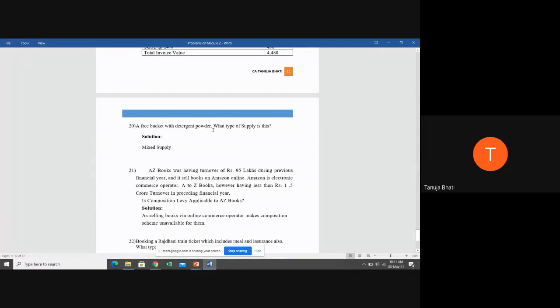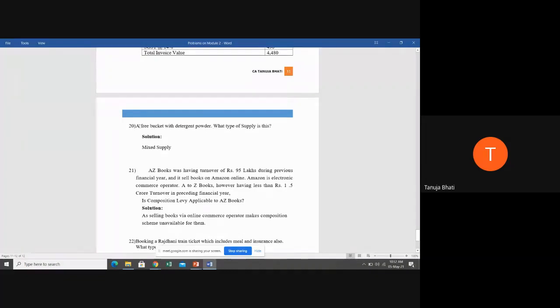By now, you all know what is mixed supply and what is composite supply, right? Composite supply is which is naturally bundled with each other. There is a dependency of one product on another, like cell phone and charger. You're going to purchase a charger only when you have a cell phone. So when in a cell phone box you get a charger, they both are naturally bundled with each other. Now, if you go to purchase detergent powder and you get a free bucket, are they naturally bundled? The free bucket can be sold even without detergent powder, and detergent powder can be sold even without a bucket, right?